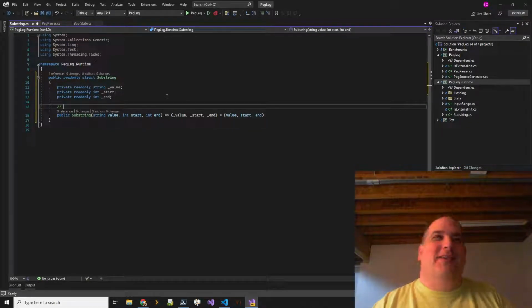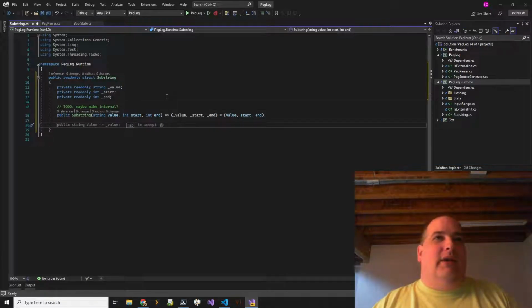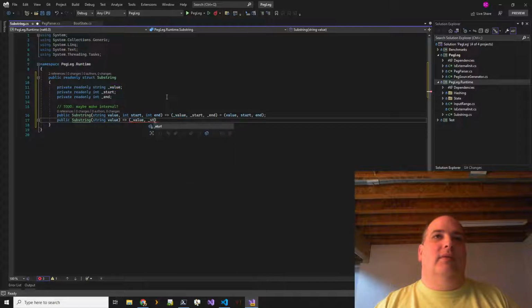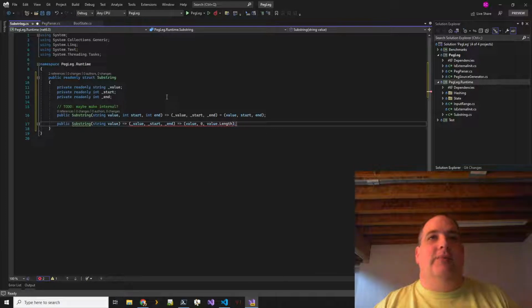It's new. That's the first time I've ever actually written that, so we'll see. All right, to do: maybe internal. And then we can do something very similar here with just a single string entry, where the start would be 0 and the end would be the length of the string.